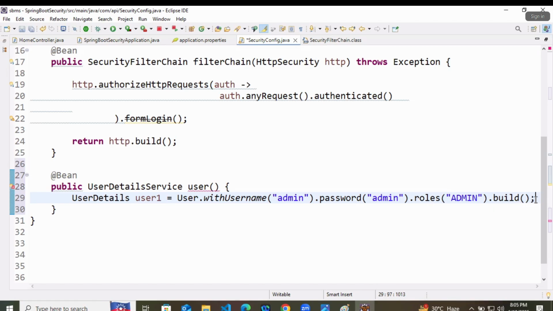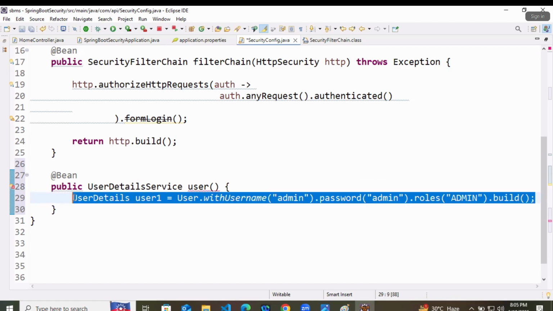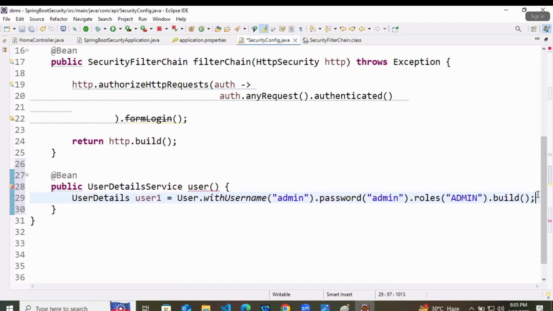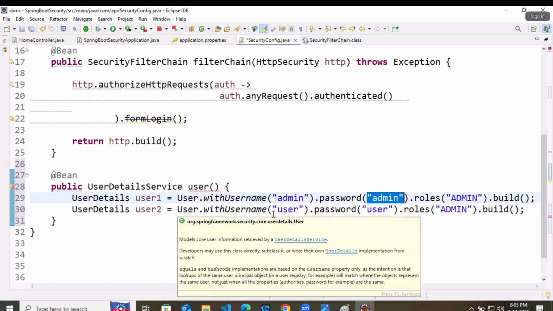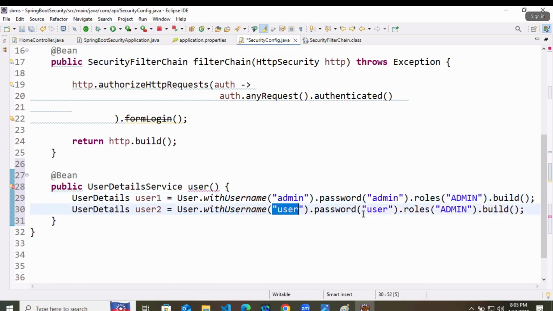The same way you can create a second user, that is going to be user2, and it is going to have the username user, password as, by the way, we don't keep passwords in this format. There is a problem in this. Well, I'll tell you. But as of now, take it like this: user withUsername user, password is also user, role is USER, dot build.